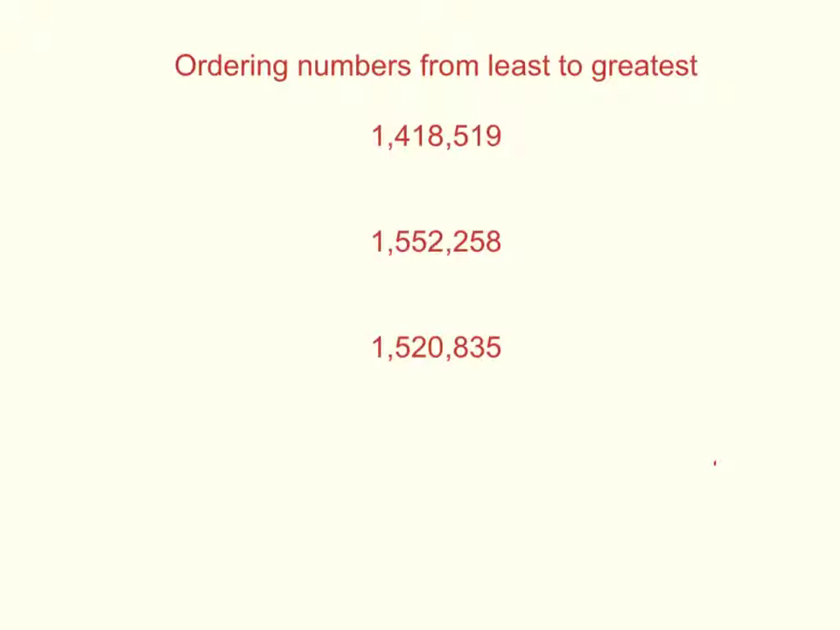I have placed the numbers on top of one another, and I'm going to start with the first place on the left, which is the millions. And if I look here, I notice that they are the same number of the millions. It's 1, 1, and 1. So now I'm going to compare the hundred thousands,